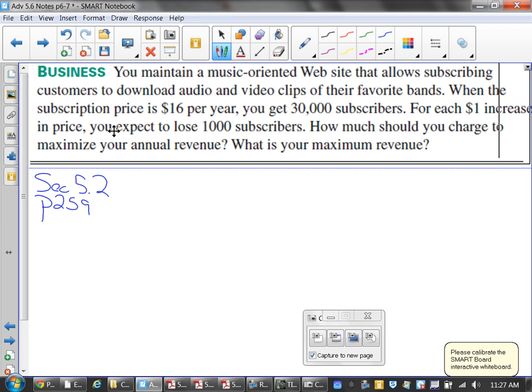So, when you read something like this, I think I cut off the part there where it's saying that it is modeled after a quadratic. So that basically is telling you 2 bits of info. It's telling you that you have something that costs $16 per year, and you start out with 30,000 subscribers. It says for every dollar you increase, you lose 1,000 of the customers. So what do I have to do to that 16 to make this into a term? Am I multiplying or adding? Adding. So for every dollar I increase,